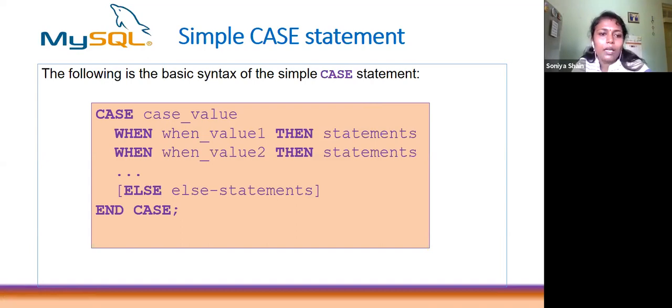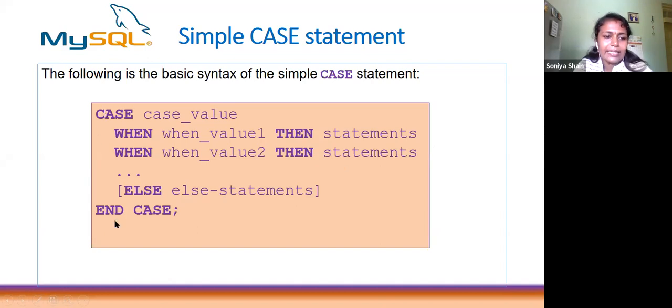Okay. Case, that variable name, then you have to use when in this case to mention the value. Okay, when the value is 1, then you have to do some statements. When the value is 2, you have to do another statement, and so on, up to n value. When value n, you can tell. Then a default value is optional. That's why there is a square bracket here. You can tell the last default value also, else statements.